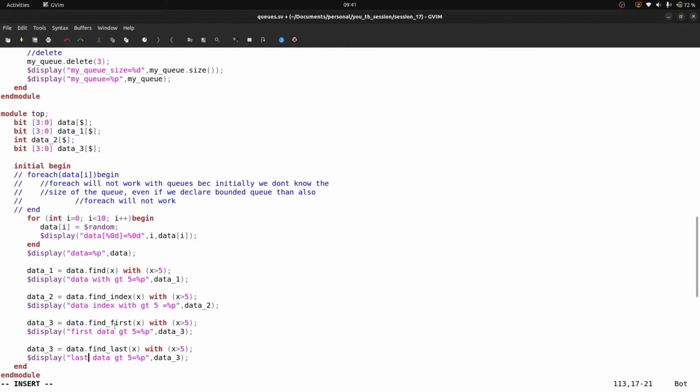So what is the meaning of find first data? Let's say there are 10 data available. So from the MSB side it will check the data and will return the first data which is greater than 5, and simply find_last will check from the LSB side, or from the right side, or from the bottom side, right? And it will return the last data which is greater than 5. Okay.